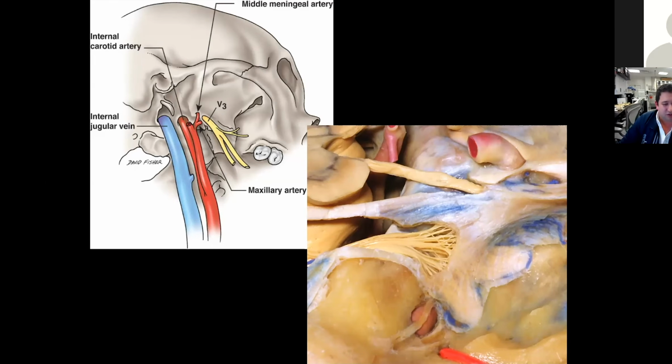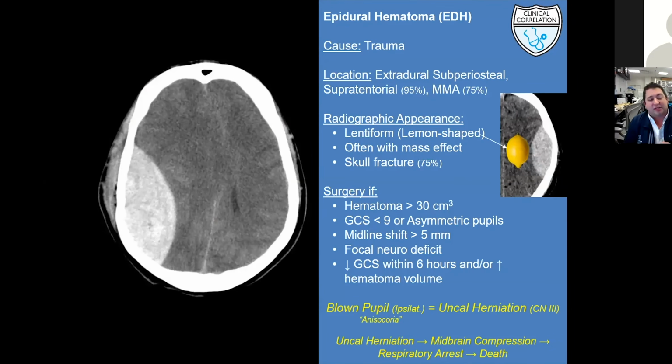So back to the middle meningeal artery, which is clinically important because it is the most common site of epidural hematomas. So very briefly, on the left, we have an axial non-contrast CT that shows a large right biconvex hyperdensity consistent with an epidural hematoma. And as we can see, it's causing mass effect here. And that mass effect is also causing midline shift. We can see the midline shift because we can identify the falx right here, and it's not in the midline. It's being displaced to the contralateral side. So in general,